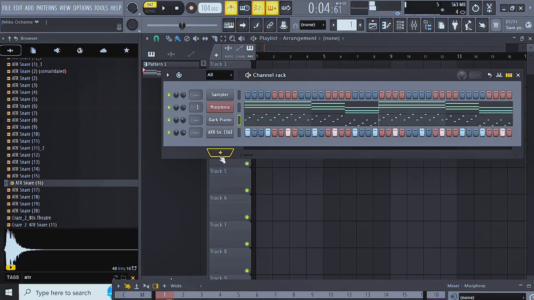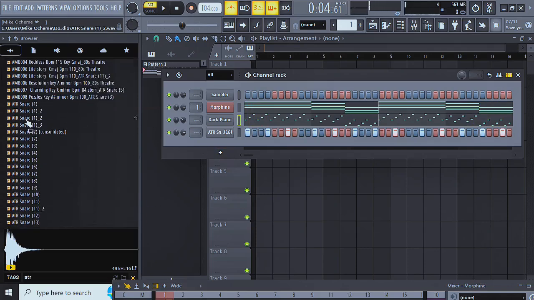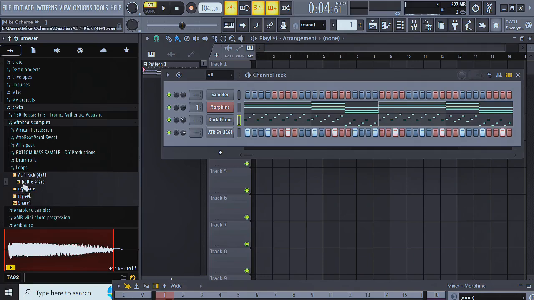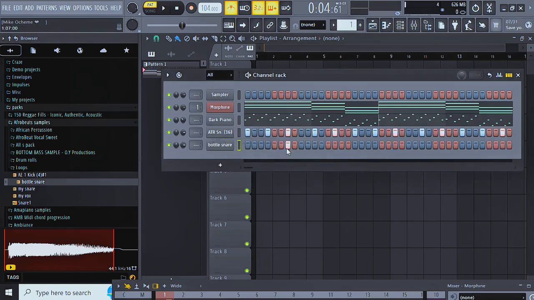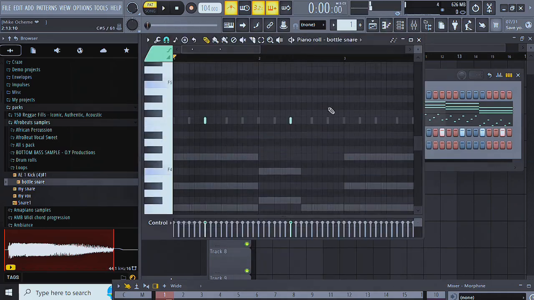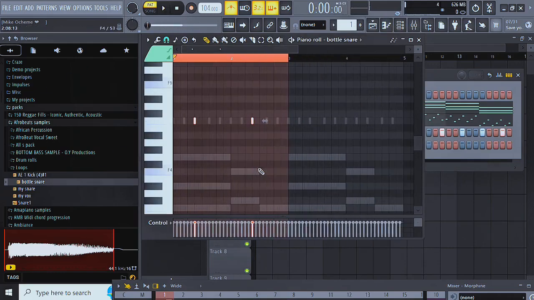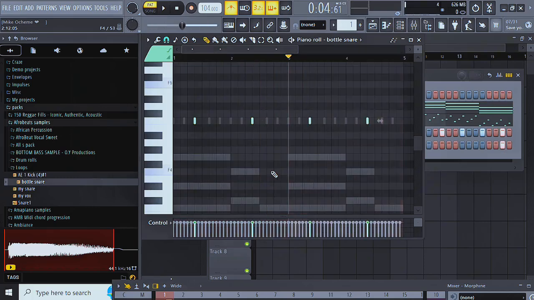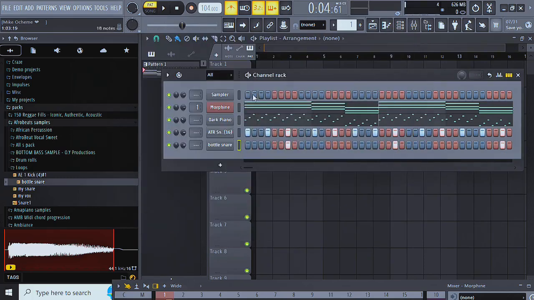Okay, I can hear some bottle in my head, and I think I have one bottle here. Let's see if we can use it to do something creative or something interesting. Even if it's not creative, let it be interesting. Yeah, that's it. Making sense, right? Let's extend it as well. Control D to deselect,